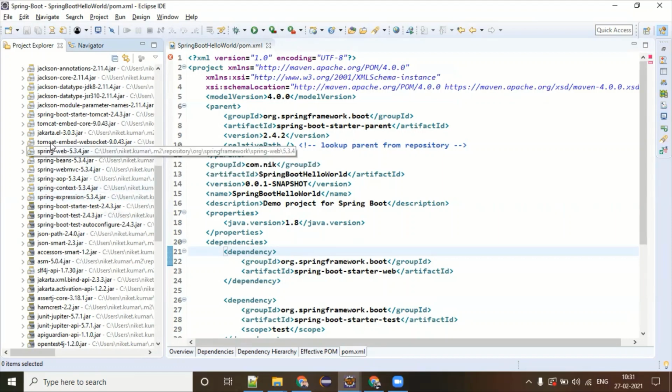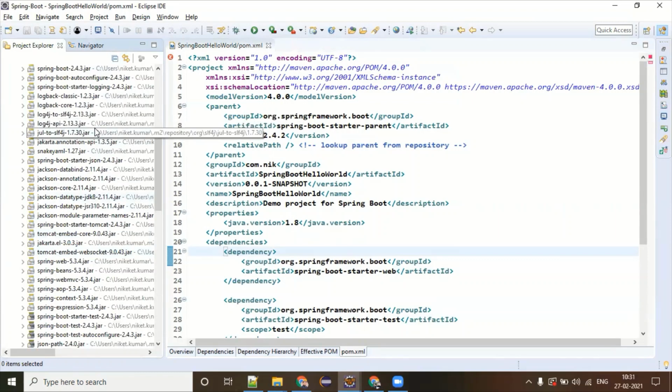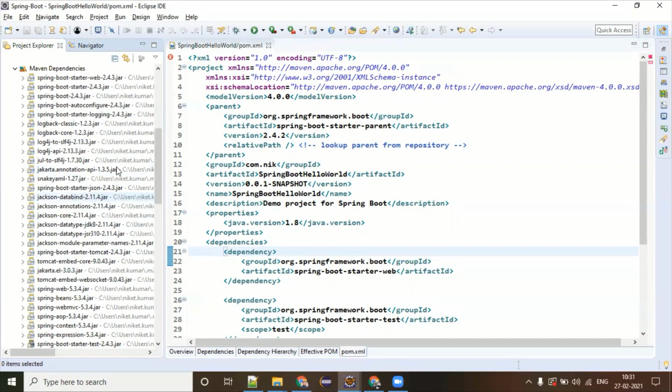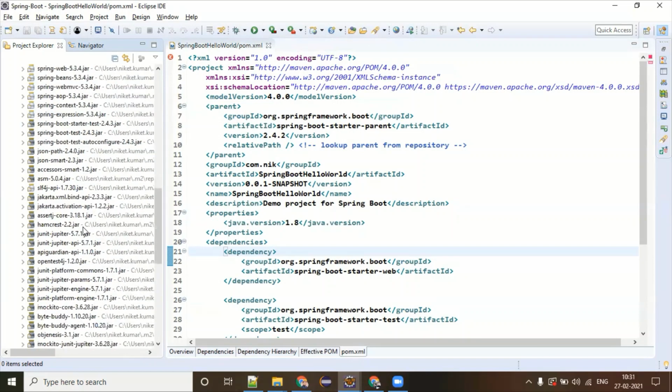You will also see one dependency which is Tomcat embedded. It means it is using Tomcat as a service in your application. Not only that, all the high level requirements for a Spring project, like logging, you definitely need. You definitely need Jackson if you're dealing with JSON structures, and nowadays every application has JSON. Also you can see the Spring Boot starter logging. You will see lots of things here, so we'll talk about the most useful ones.